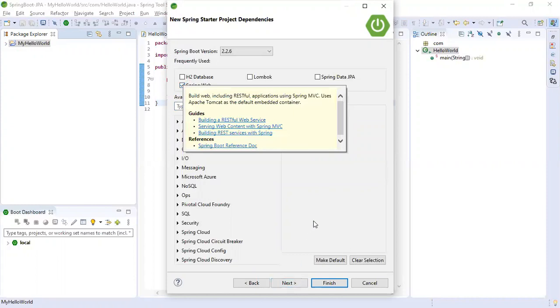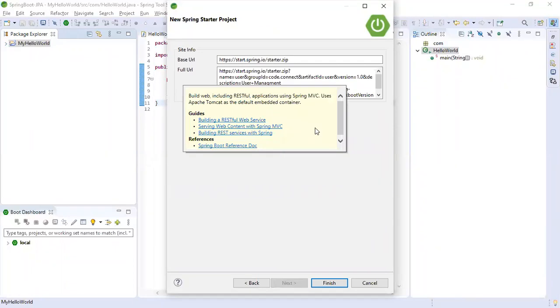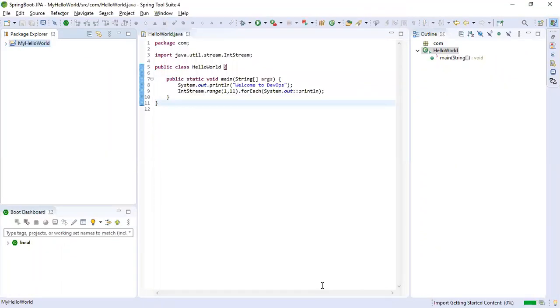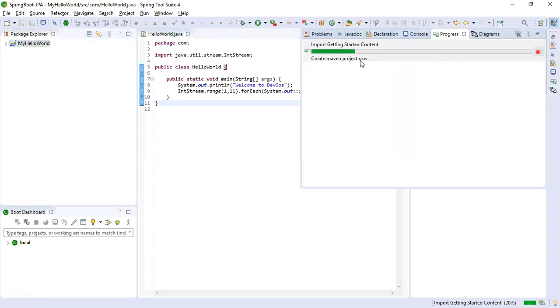I'm not going to use any database. I'm just going to explain Maven and how Maven works. So I have selected Spring Web, then I'm clicking next, then the description, finish. Once you click finish, you can see that it is downloading all the jar files. It is creating your Maven project and downloading all the jar files. Initially it will take some seconds. Once it is downloaded, we have to go through the POM file. What is a POM file and how does it work? Then we will create one controller, then we are going to test that.